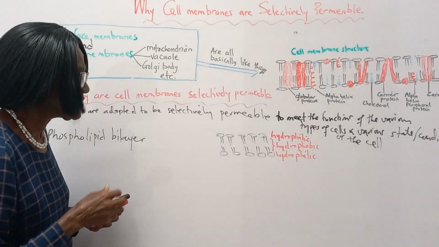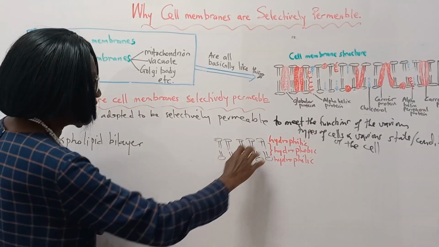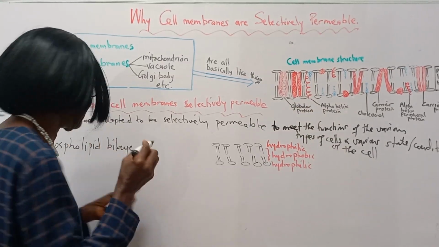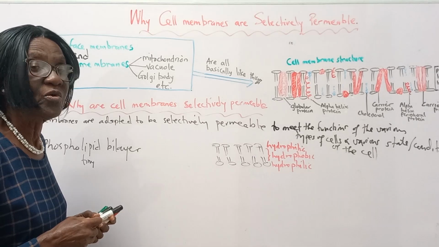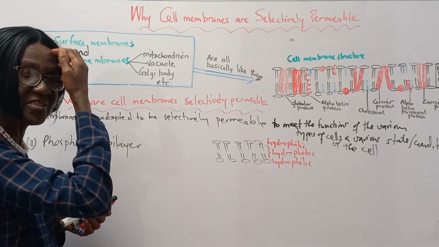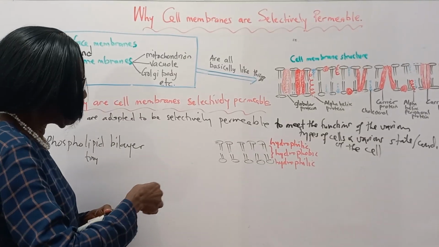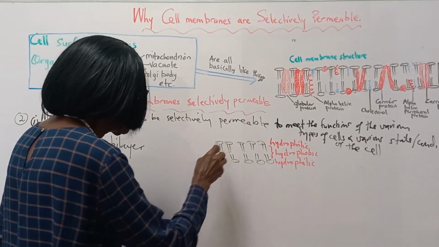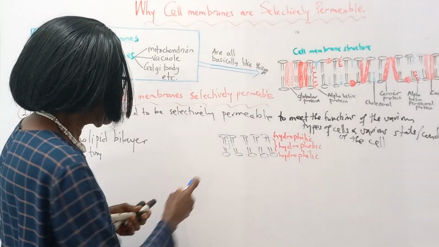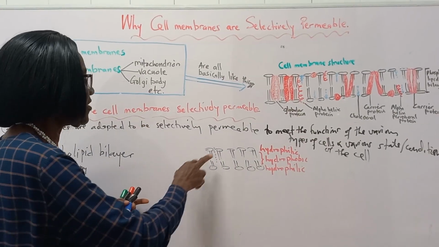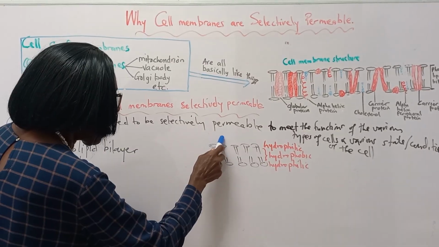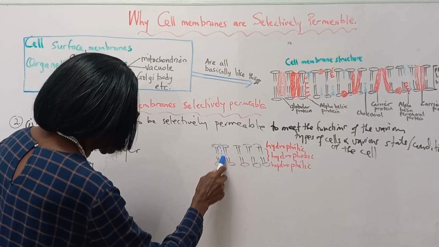So the substances that can go through the phospholipid bilayer need to be very tiny, of small molecular weight, like water and some amount of solutes like sugar. They can pass through tiny holes that avoid the hydrophobic region that will repel the ions. So the structure of the phospholipid bilayer makes it selectively permeable because not all ions can pass through and avoid